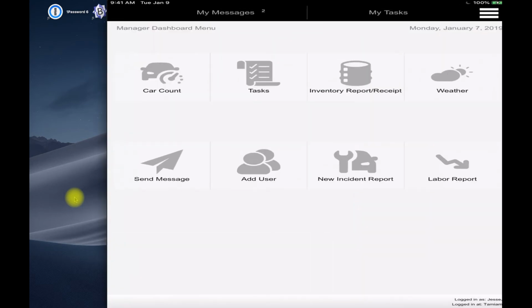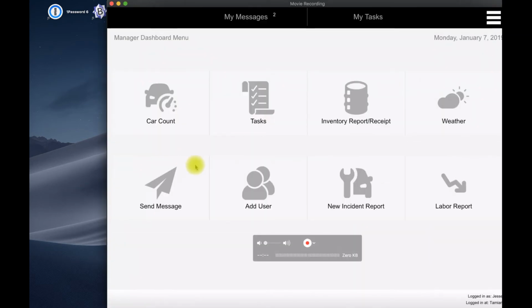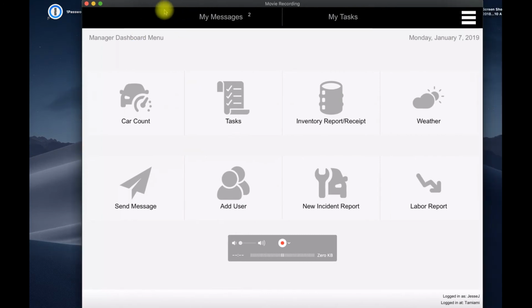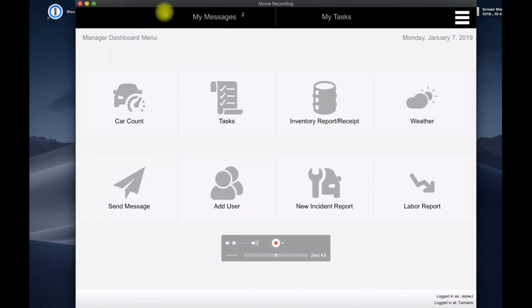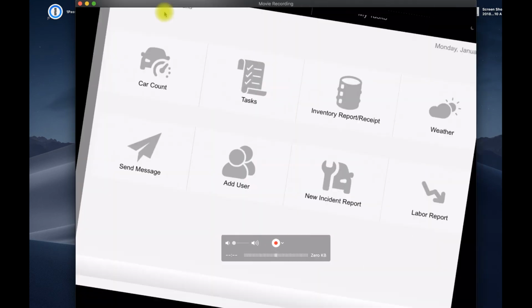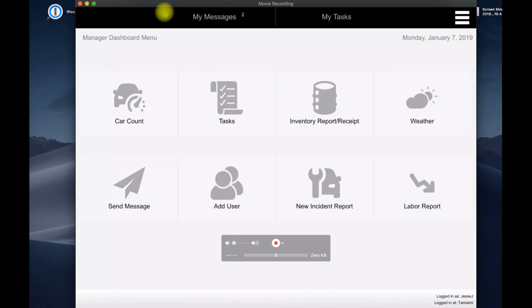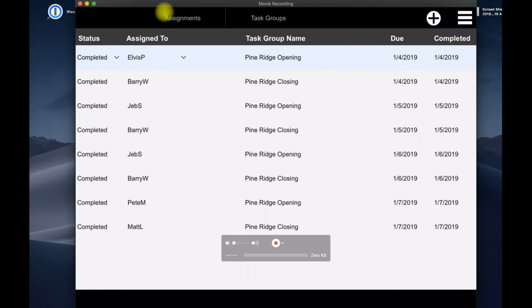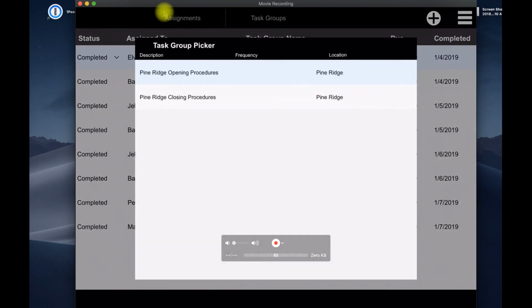I guess it's good to show you that it doesn't matter the orientation, although it would help if I had this in the screen. It doesn't matter the orientation, it will still look good, easy to read on the iPad. And here, same thing about the car count, that's the same, but I can do tasks like you can on the administrative dashboard or through the administrative app. And all of the options are available here, so I can create a new one if I wanted to,